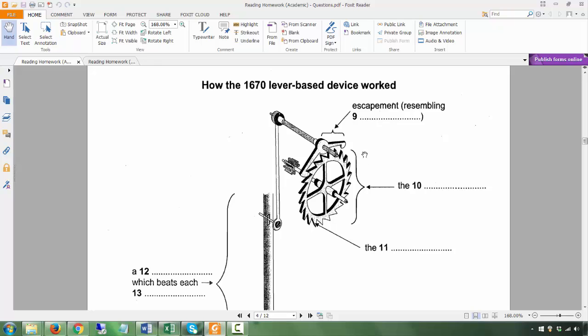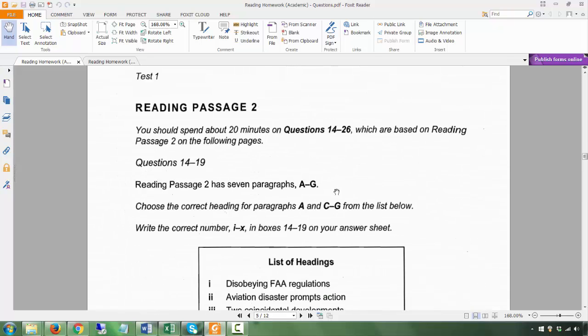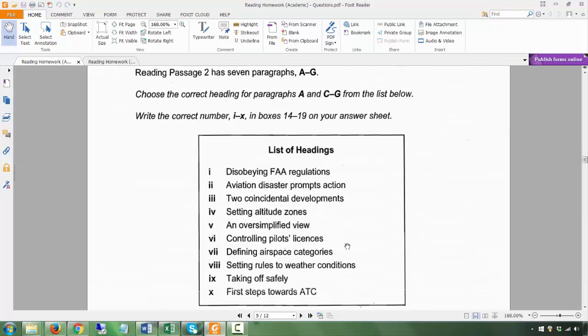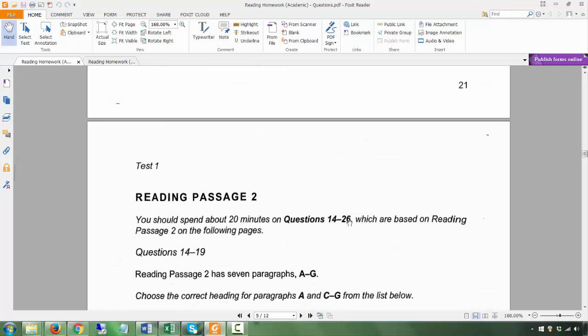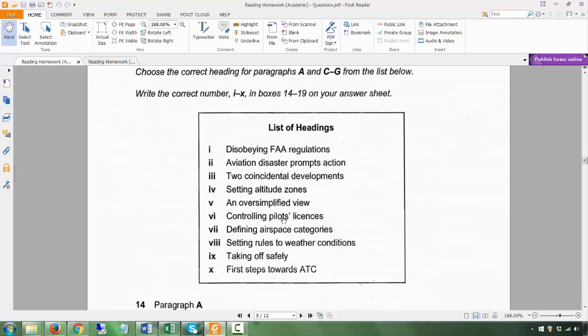Okay, it was almost in order. I mean, the only thing that wasn't in order is 10 and 11. Okay, but it's all in one section, so it was pretty easy. Okay, this is a list of headings. So again, it's not going to be in order. So this is actually a pretty difficult test in a sense because you have a few question types which are already not in order. So yeah. Okay. So let's go to question 14.